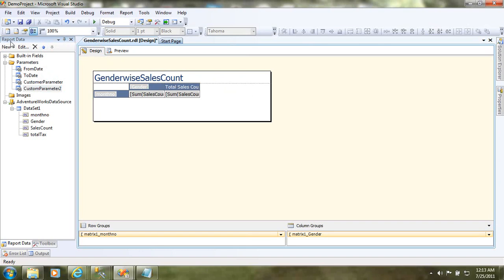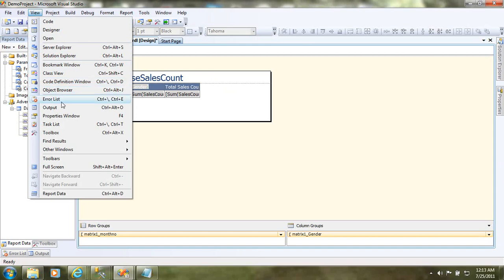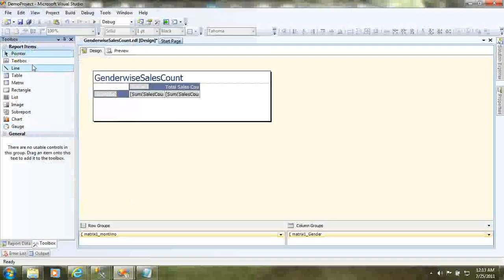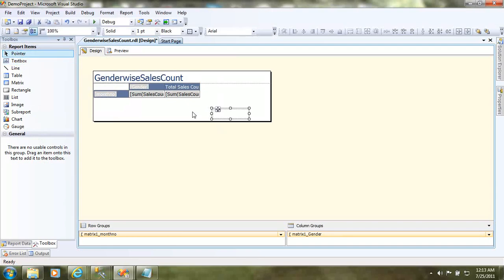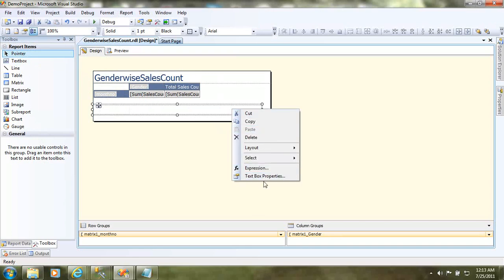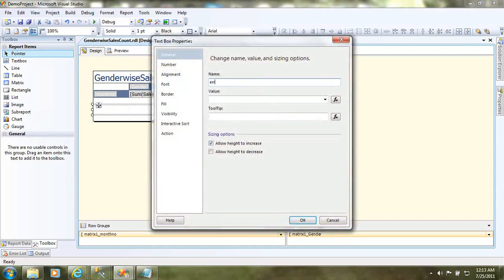where is the toolbox over here for me? View toolbox. I'm placing the text box over here. That text box is nothing but a label also. There's no difference between a text box and label in SSRS. So I'm placing the text box over here, and the name of the box is error box, and the value is